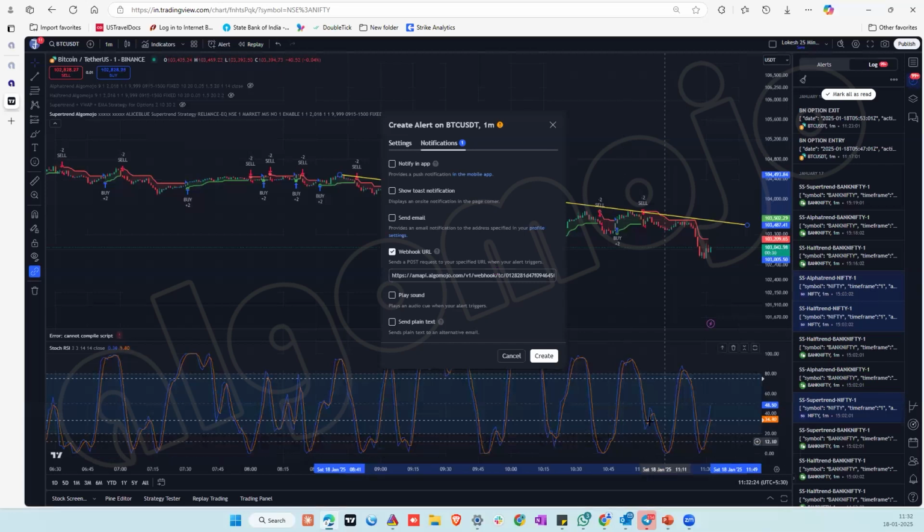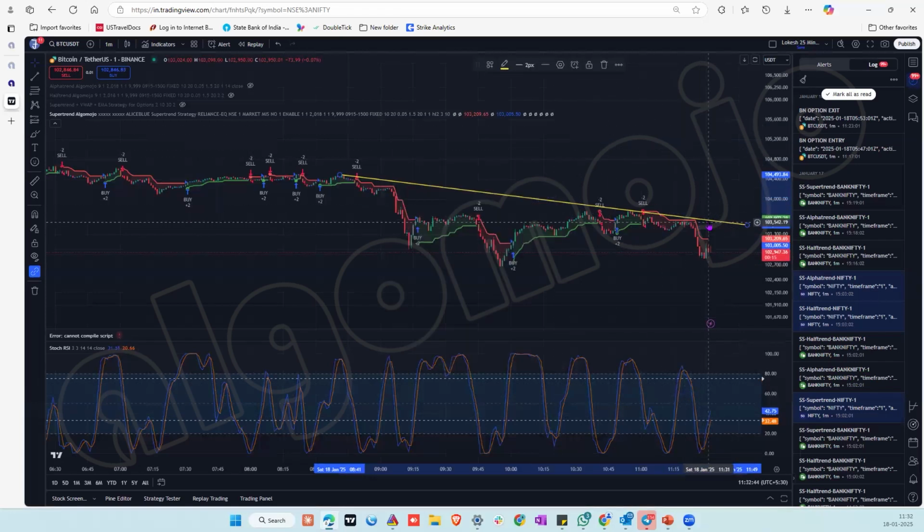So entry you take based on something, and exit can happen based on something. So all that can be done. So you can try out for entry, you take a buy based on RSI, and exit you take on a trend line or any other drawing that you create in TradingView. It works. So in this trend line, you can keep shifting it,